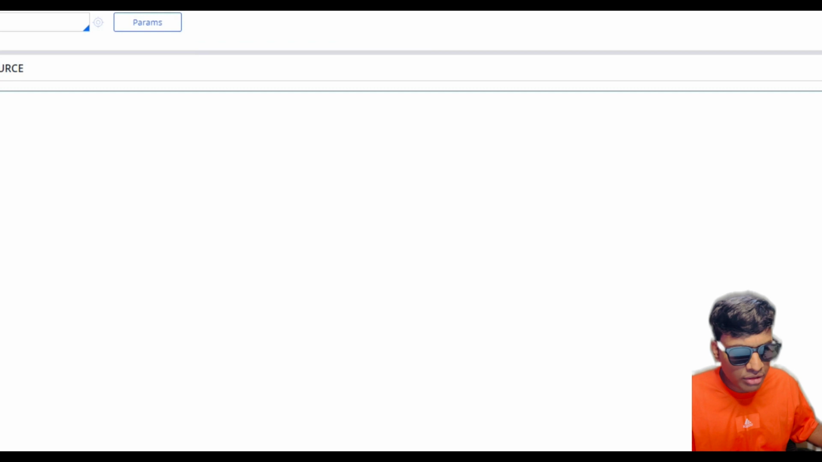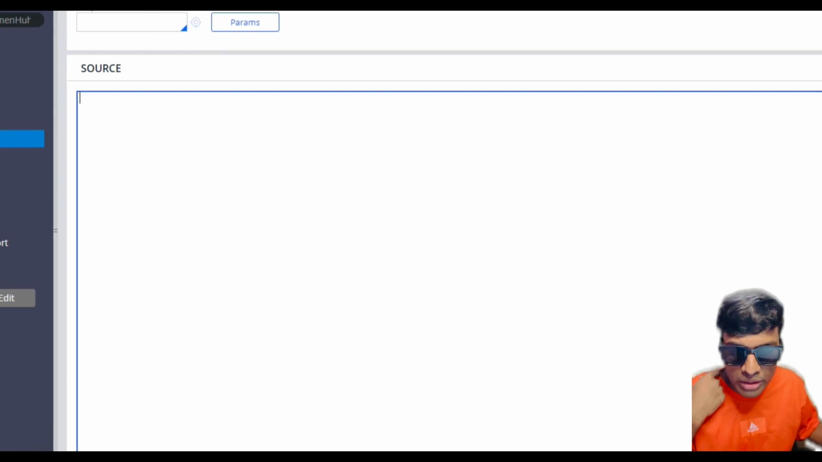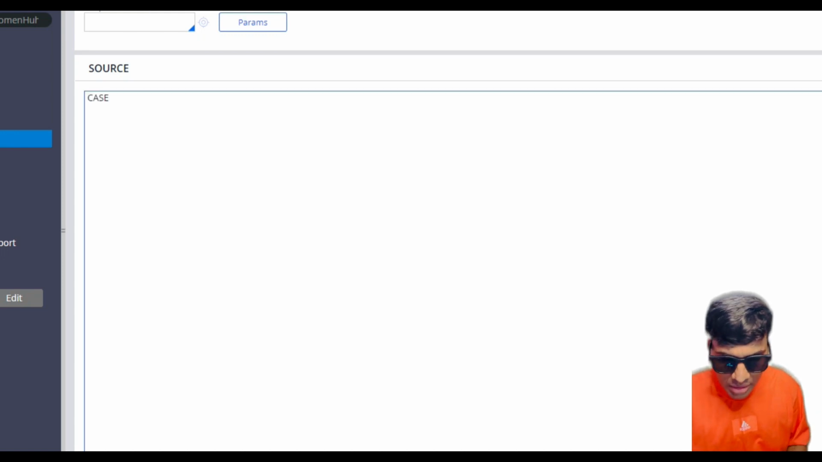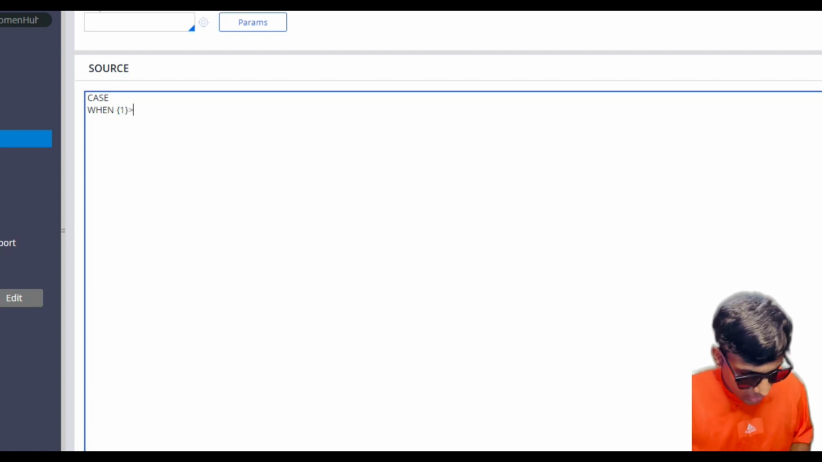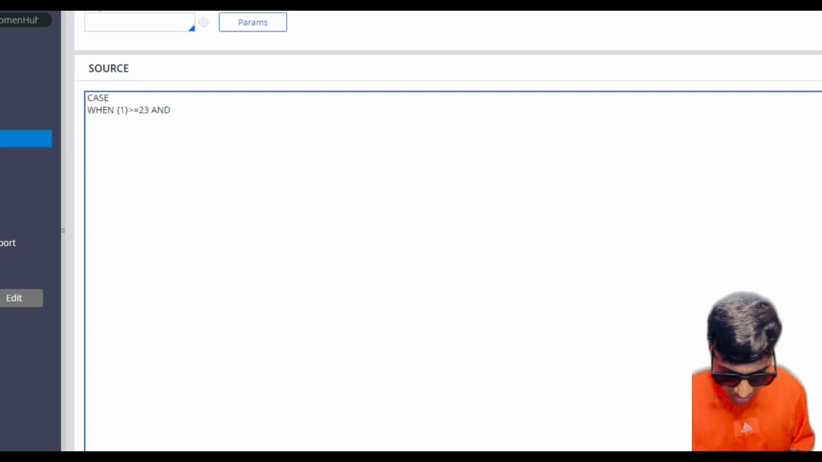Now coming to the source part, this is where we're going to write our code. I believe you would know some SQL queries or code. If you don't, you can easily Google them and write them. For now I'm writing a basic one, say CASE. CASE WHEN my parameter 1 is greater than or equal to 23, and is less than or equal to 27, I'm going to return THEN